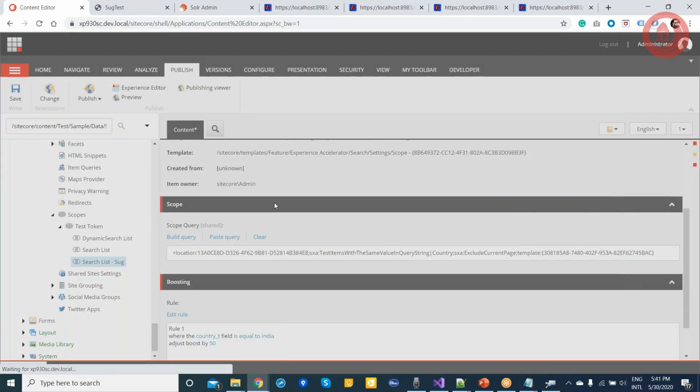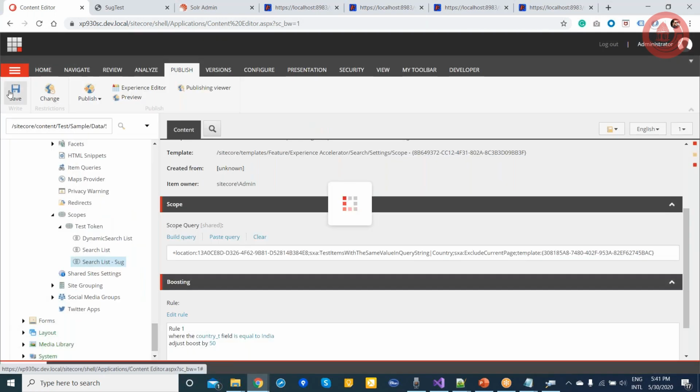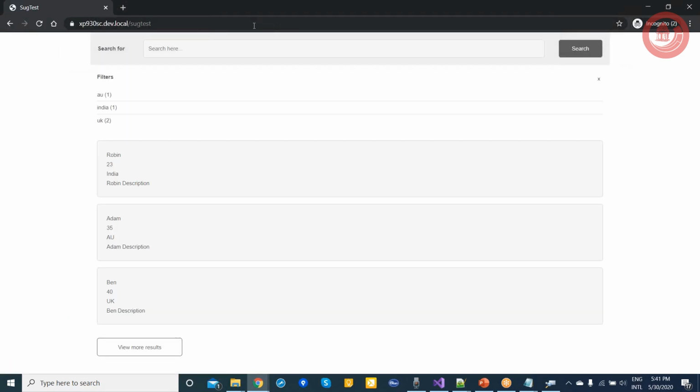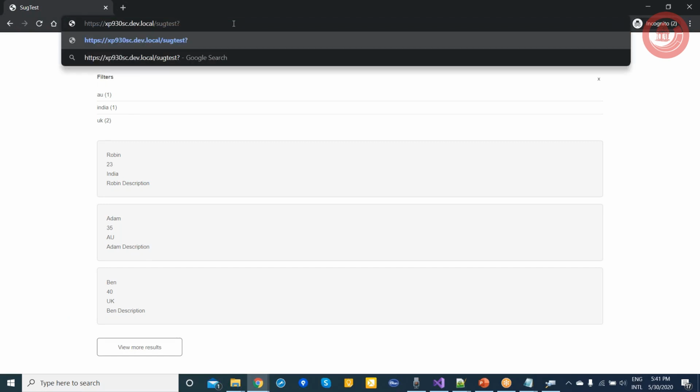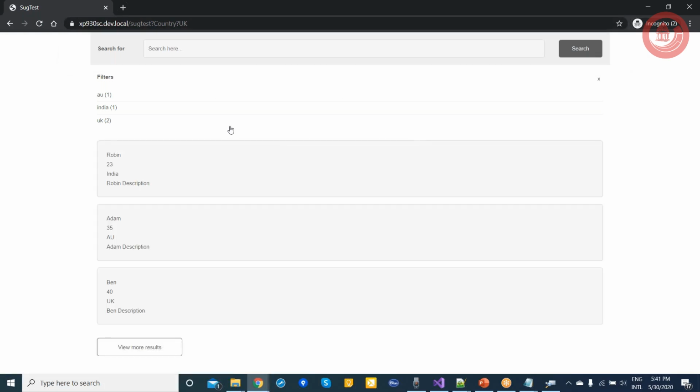If I remove this one, it won't work. If I go here and do the search, I remove this one. Okay, so it's doing nothing. It's giving me results for India as well.